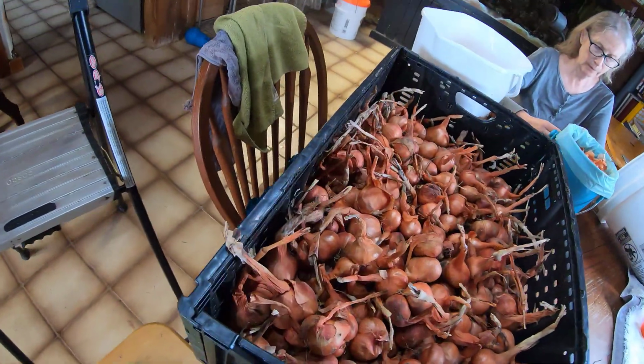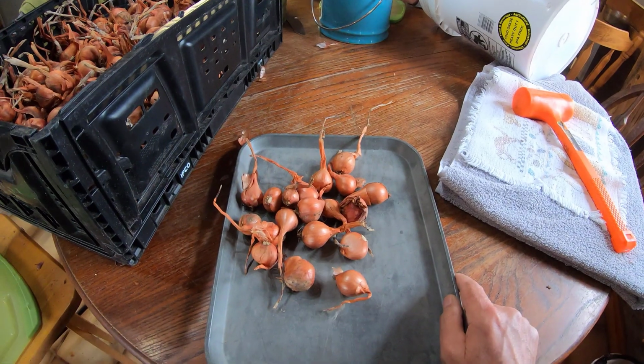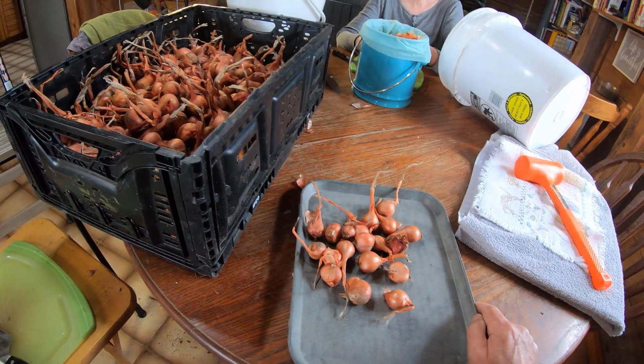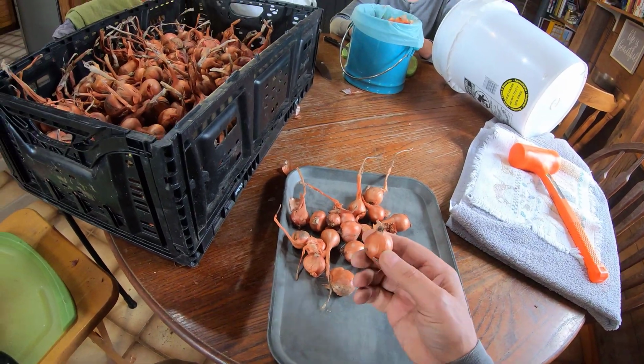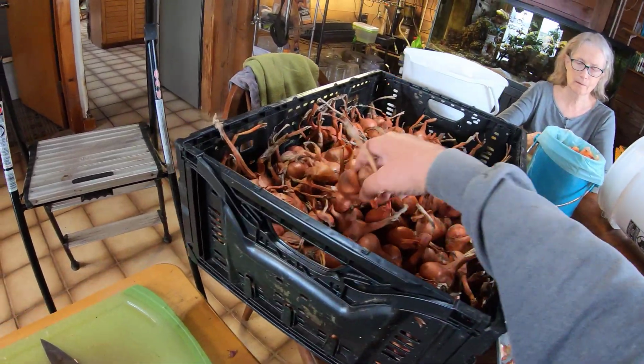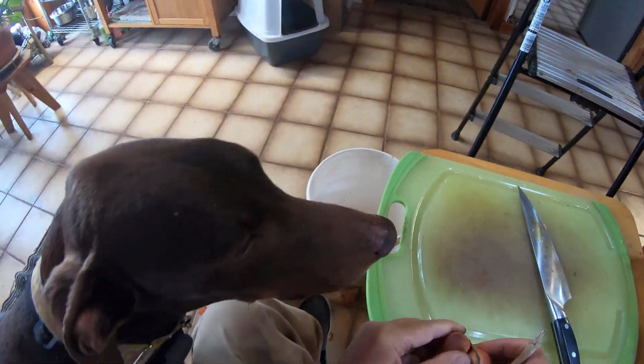So the way we're going about it now, the real small ones here, I'm planning on doing some planting in the food forest as companion plants, the really small shallots. And the rest of them, the first step is